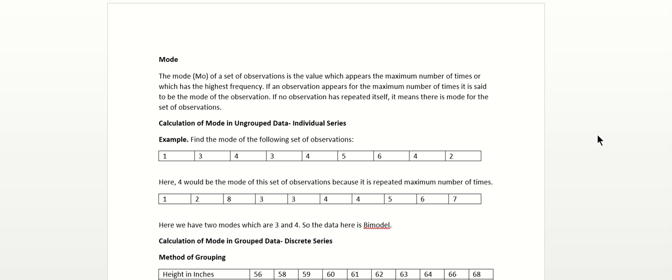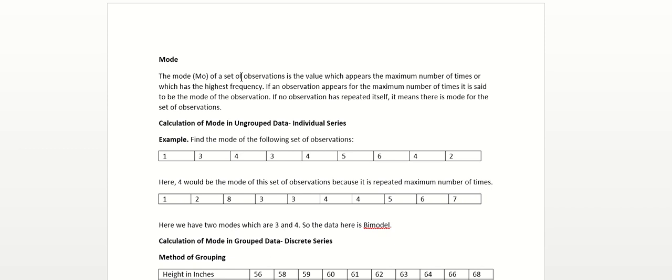So today we are starting with the third set of measures of central tendency, and that is mode. Now in mean, what did we do? We used to calculate the average of the whole data to find a representative value, right? We include the whole data. In case of median, we used to find the middle value, right? And in case of quartiles, deciles, and percentiles, we used to find a positional value, maybe third value, fourth value, 50th value. So now next is mode.